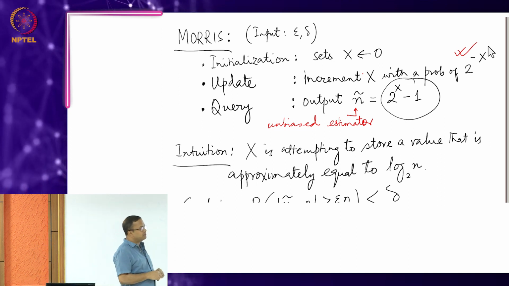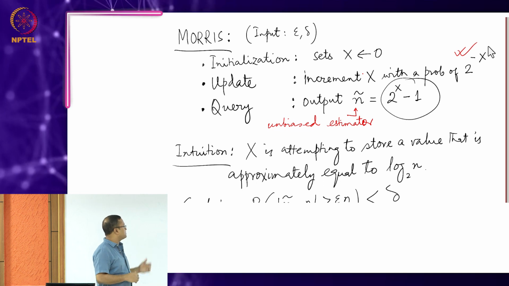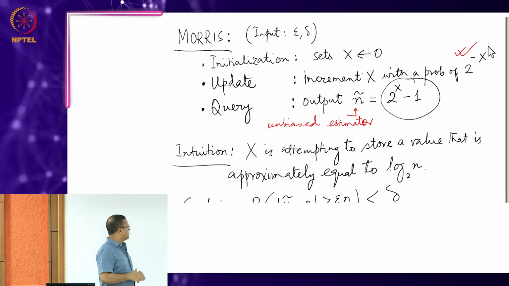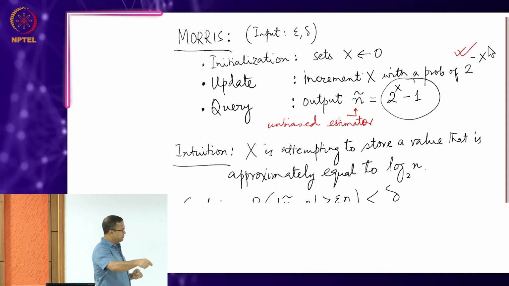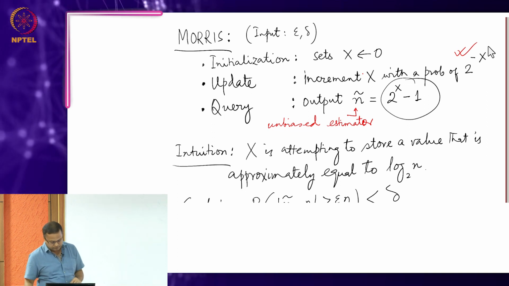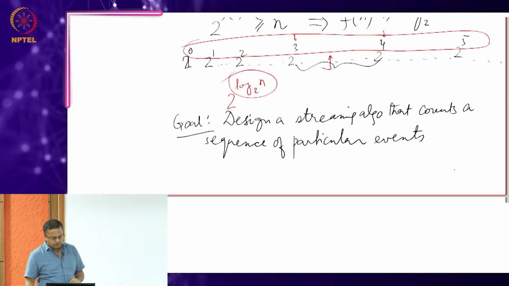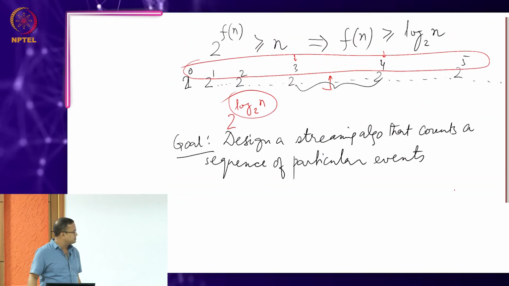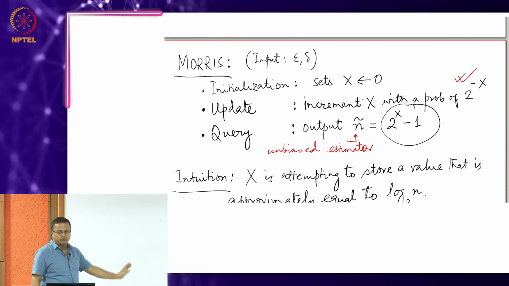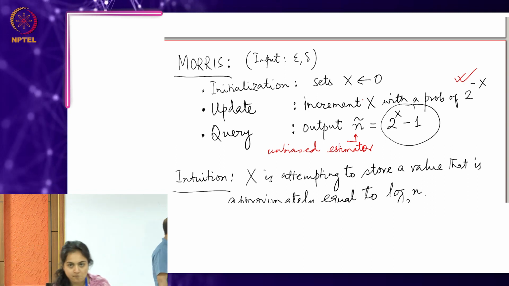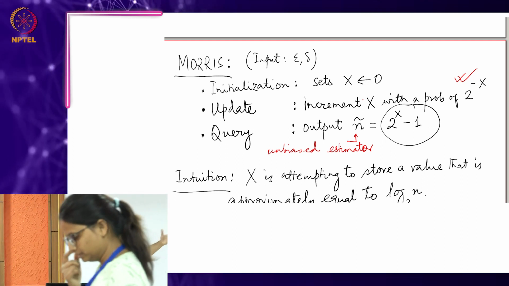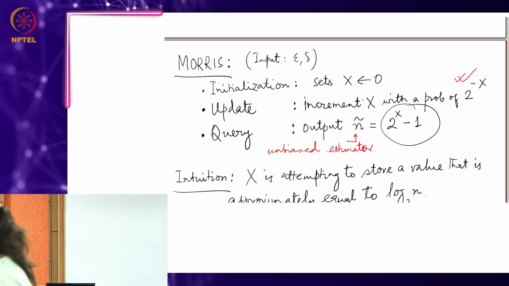So, this was the basic algorithm. You had a stream and you have values epsilon delta. You did an initialization step, x was the counter which was counting a certain element, and to implement this idea of counting the indices, we brought in probability here. So, I incremented x with probability of 2 to the power of minus x and outputted,